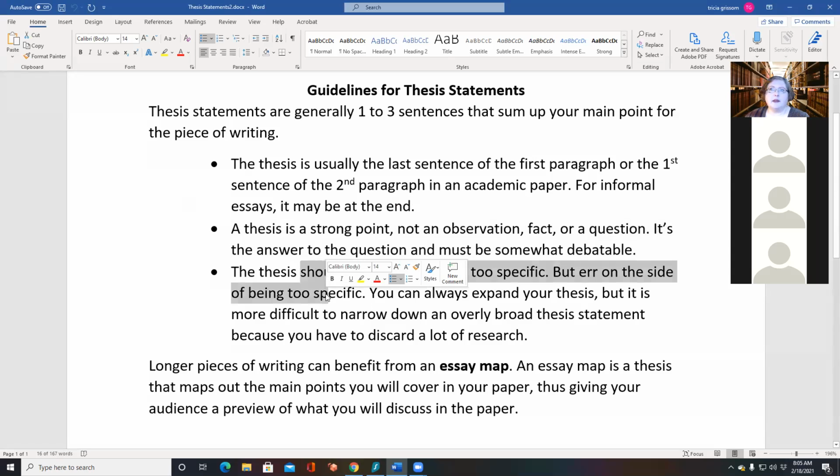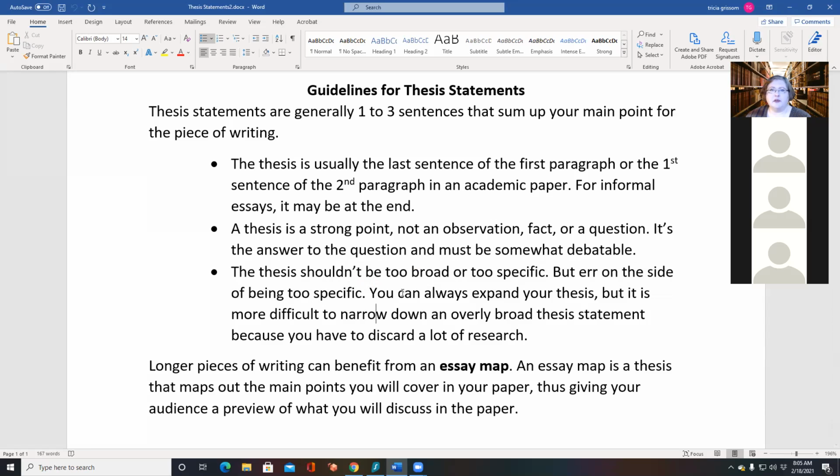You want to make the thesis appropriate to the length of the paper or the assignment that you're asked for. So it's always better to be more specific, to err on the side of being too small than it is to go big. Because if you're too small, you can really flesh out and write a lot of detail and include a lot of examples that really show us what you're talking about. But if you start big, right, then sometimes you realize you're not going to have enough time to cover everything more than superficially. And then you have to chuck out a lot of what you've already talked about.